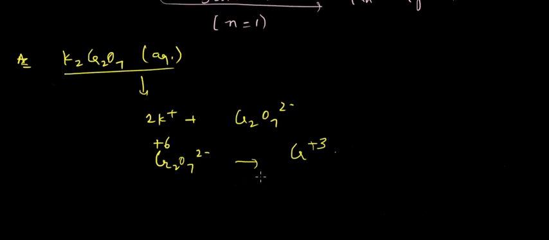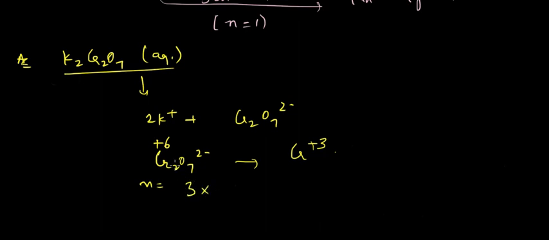So the number of moles of electrons accepted by Cr would be, you can multiply it with 2 just to balance it. So balancing may or may not be required. From +6 state, it went to +3 state. So 3 electrons accepted here,